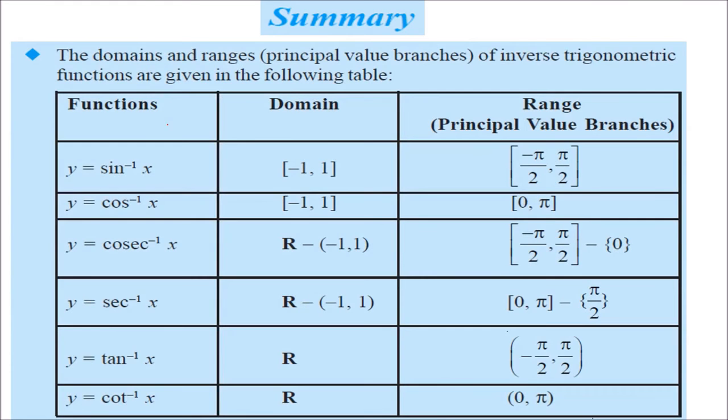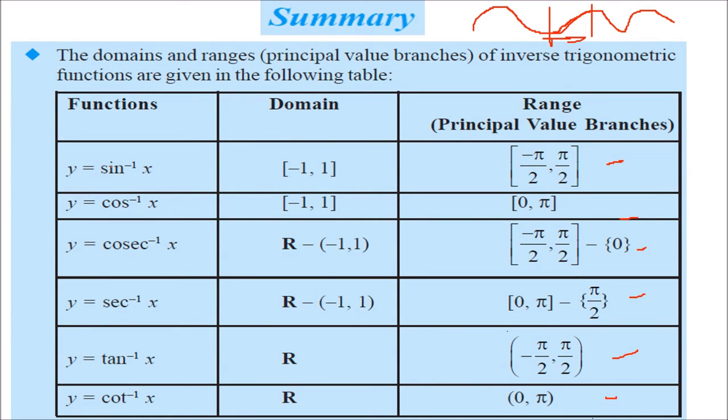Let us summarize the inverse trigonometric functions, a very important topic. The domains and ranges: please understand that sine and cos are continuous, so you cannot have a 1:1 relation for sin x. For that we have to take some part so that this part is 1:1, then only sine will have an inverse, sine inverse. That part is nothing but the principal value branch. So for all these principal value branches the inverse exists, for others it doesn't.